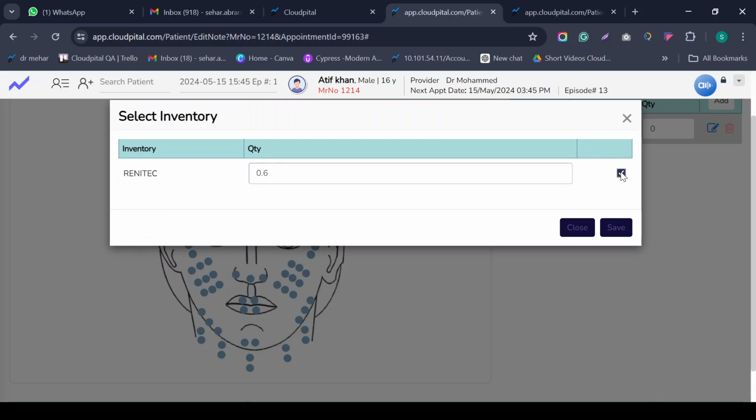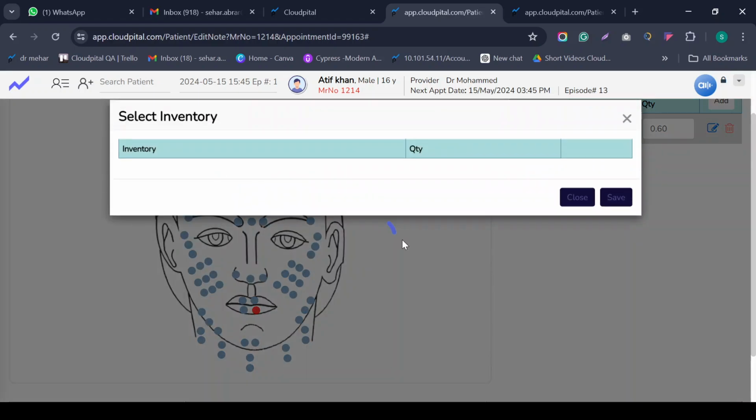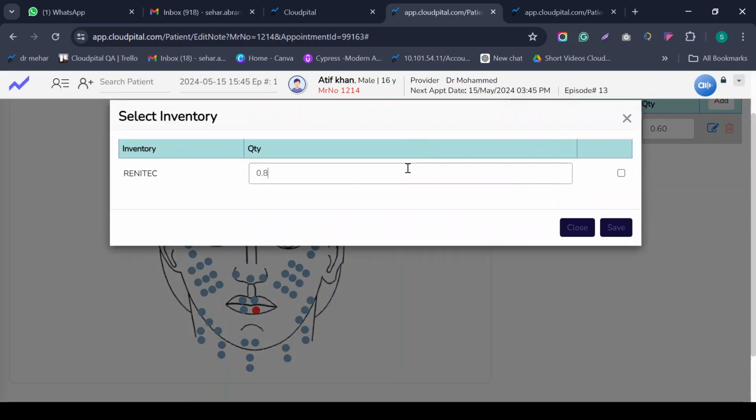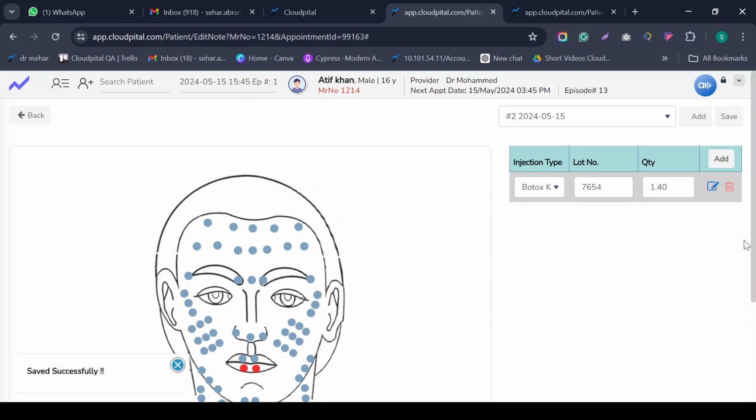Just click on the arrow, and these are the vortex, and the specific part will be highlighted. You just need to write their inventories value, their injection value, and then click on the save button. A specific part will be highlighted. We can also add multiple inventories against any point. We can also add multiple injection types in our drop down list. So for example, I'm only selecting the lower lips part, adding the load number for the document process, and just saving the vortex area.